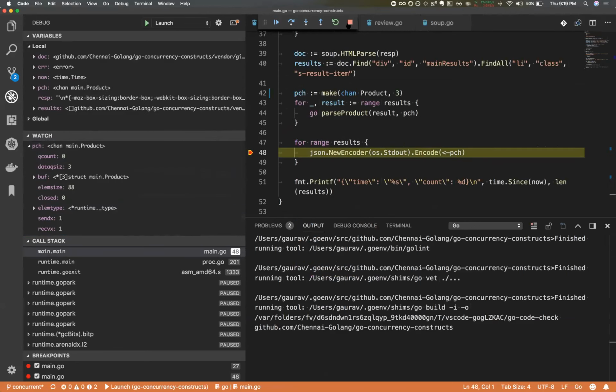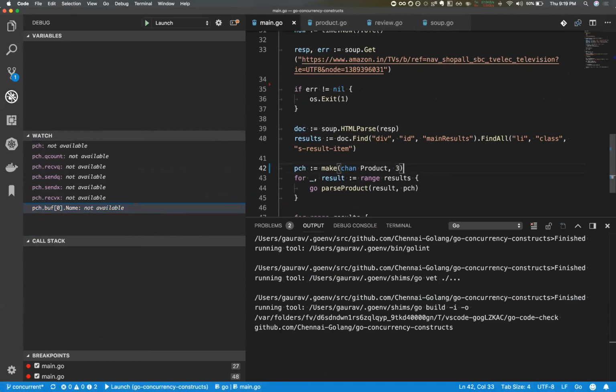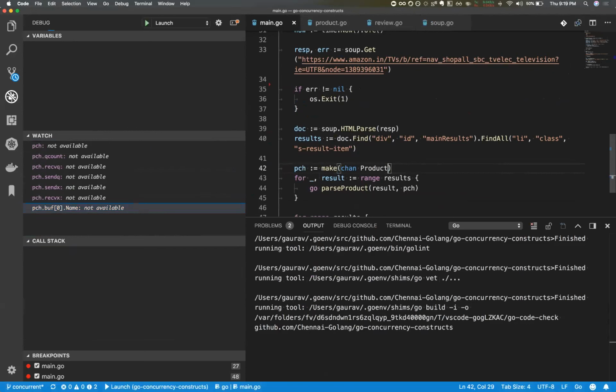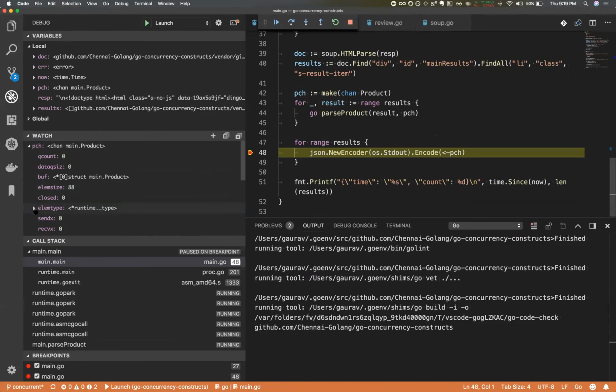I'll stop the execution of this program. I'll go on to the execution of the program with the unbuffered channel. Sorry. So pretty much everything is the same. Data queue size is 0. Queue size is 0, and buffer is basically an array.